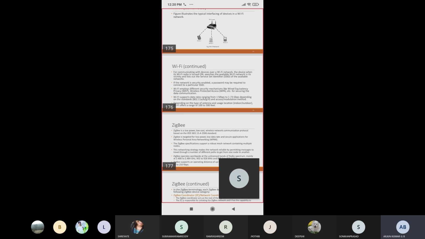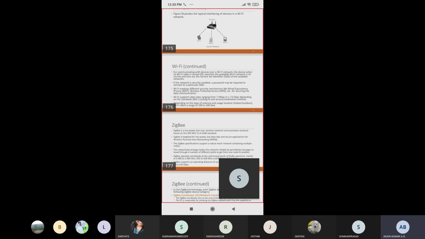Okay, if you connect thinking you will get free Wi-Fi, it is very dangerous because all the information is stored in your mobile. Okay, personal photos, Wi-Fi passwords and your data. Some of the important data, everything will be stolen through this kind of mechanism. Okay, to avoid this kind of situation, don't access Wi-Fi in other areas.